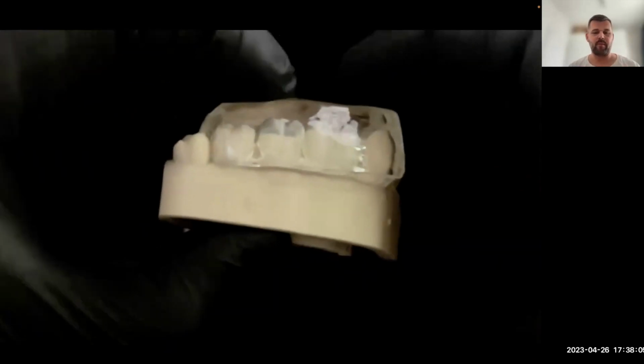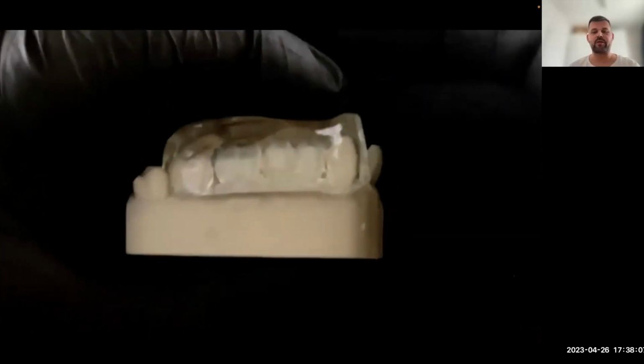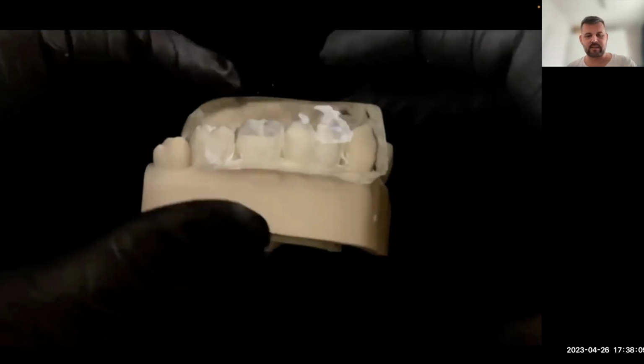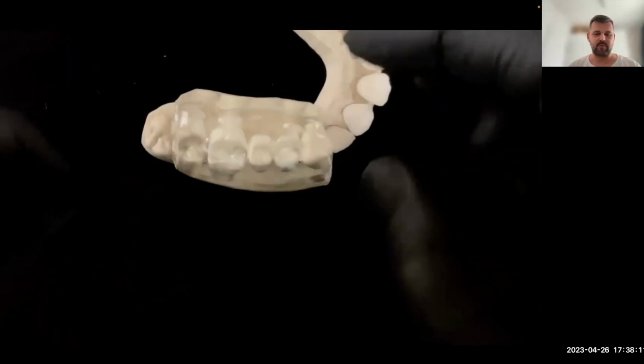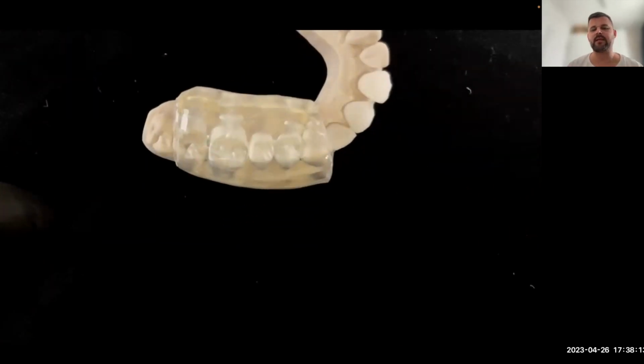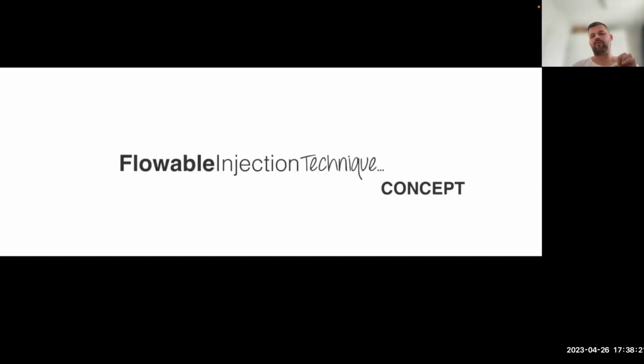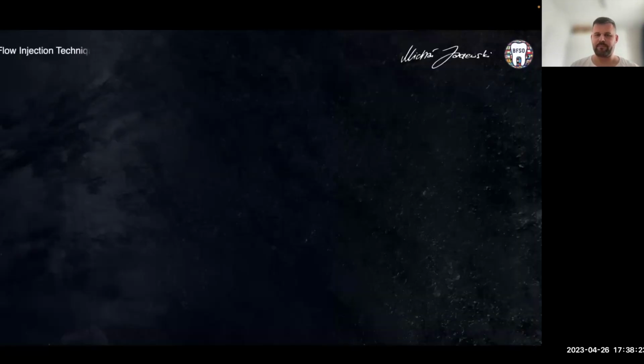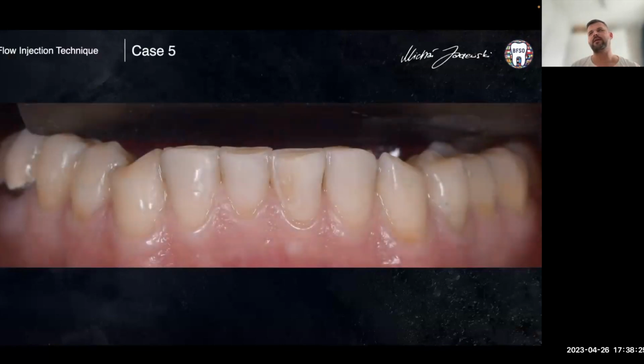And it would be a problem because we design occlusal surface and occlusal contacts. And if you want to have the same contact that you design, then it would be better to use this stiff silicone index. When we want to talk about flow injection technique concept, we always think about